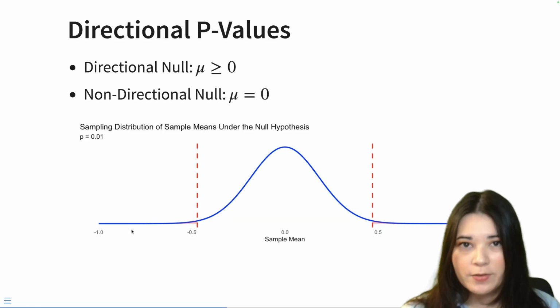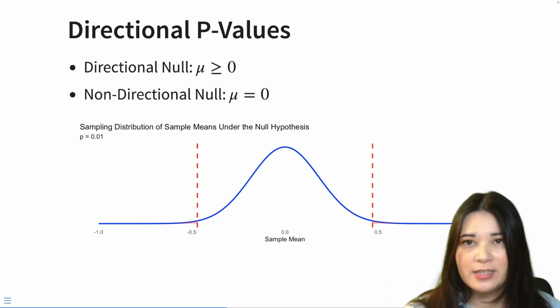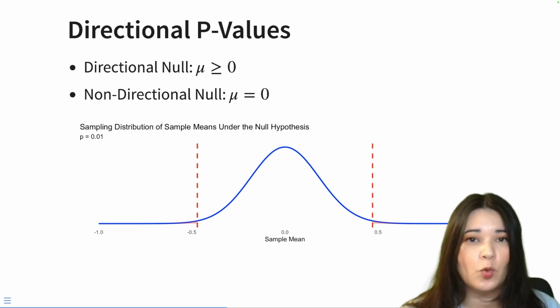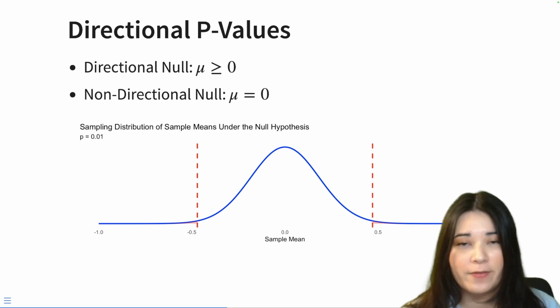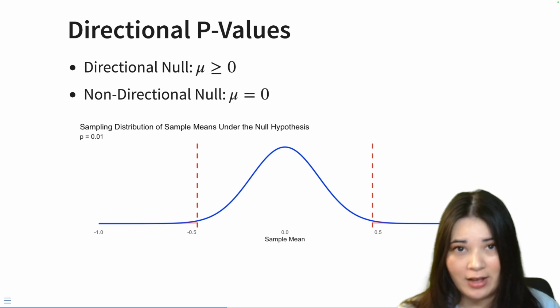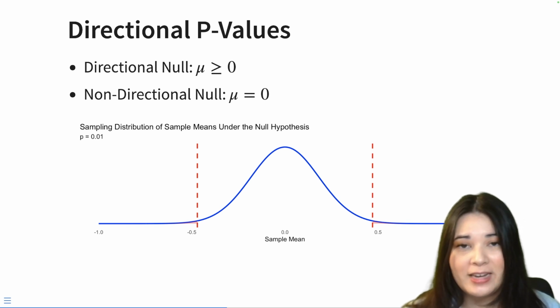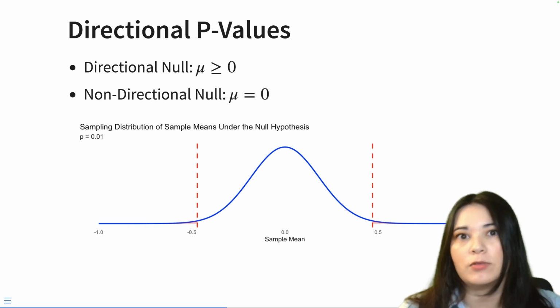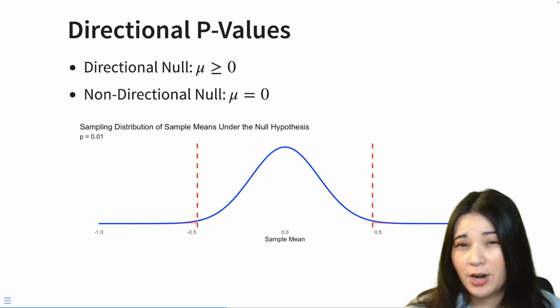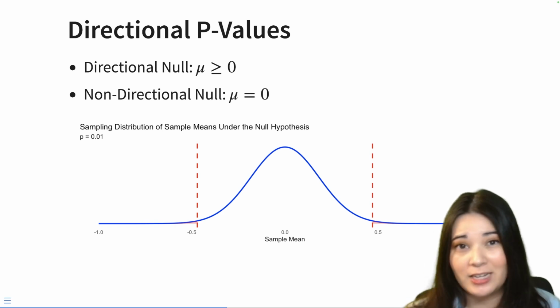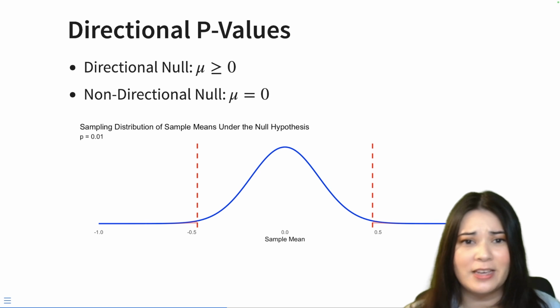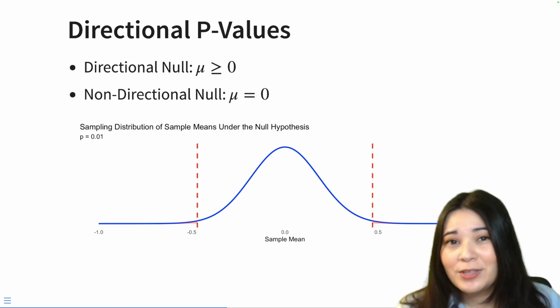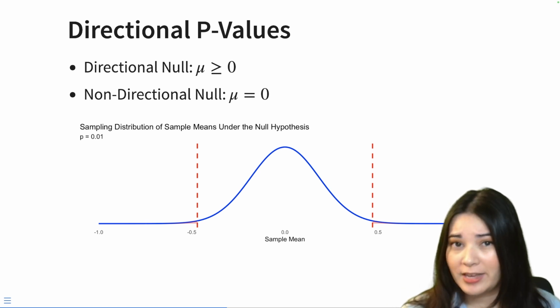hypothesis or not. One of the things we briefly touched upon in that lecture is the difference between a directional null and a non-directional null. Remember, a null hypothesis is basically trying to define what it means for there to be no effect. And we might have a directional hypothesis where we think a null effect is anything equal to 0 or greater than 0. Or we can have a non-directional null, which doesn't specify a direction for the effect, whether it's positive or negative. It just says the null is that there is no effect, and the alternative is that there is